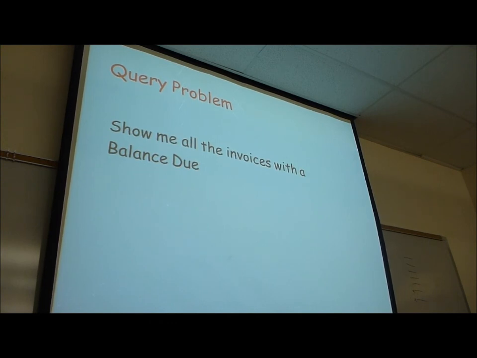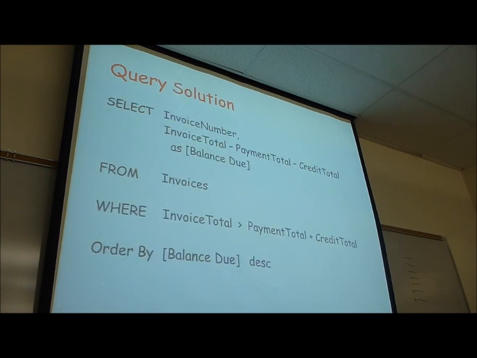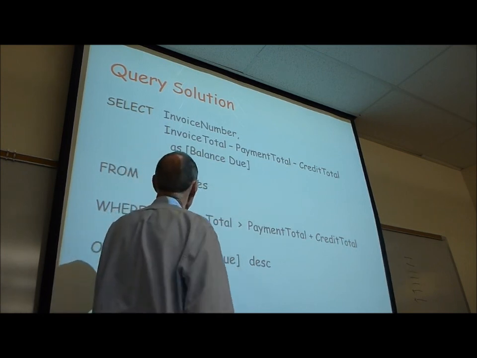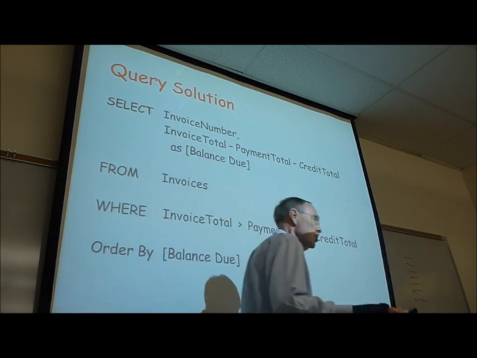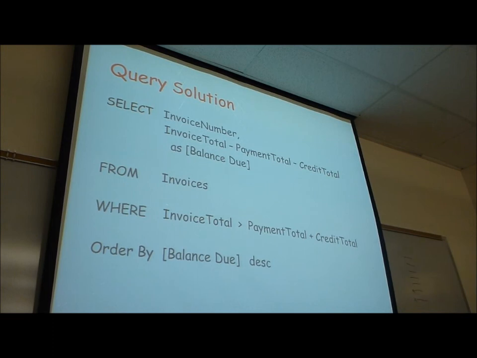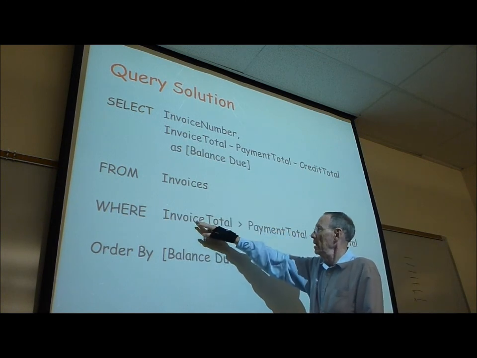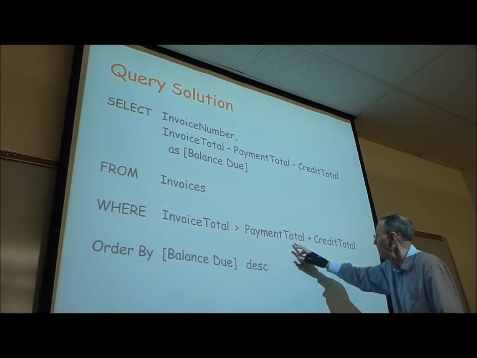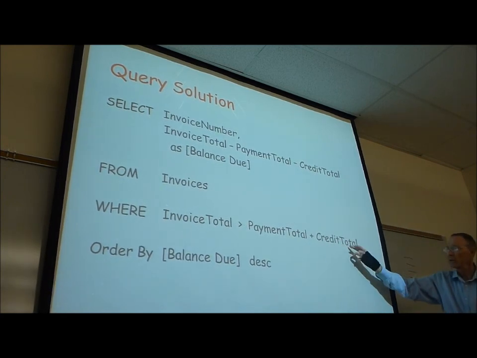Okay, now we're going to come back to that computed column thing again. And this one starts to get a little more complex. I'm going to have the invoice number, and I'm going to compute the balance due because now I'd like to see it, but I don't need to see all the details of the columns from invoices. And then the clause here says if the invoice total is greater than the payment total plus the credit total, then